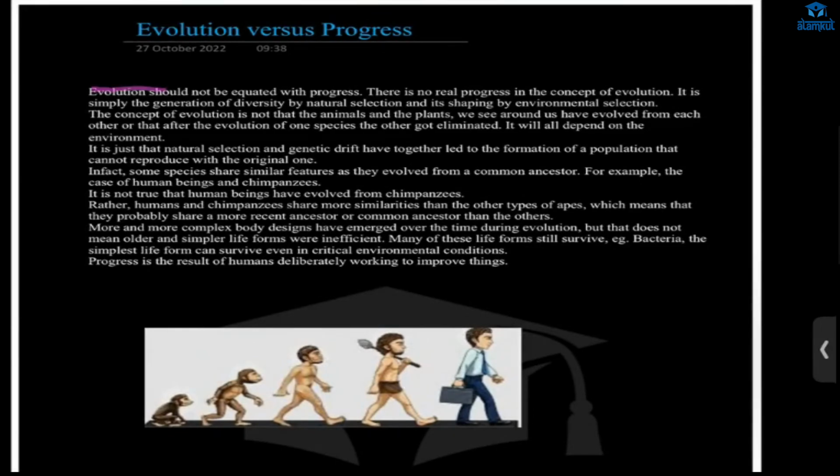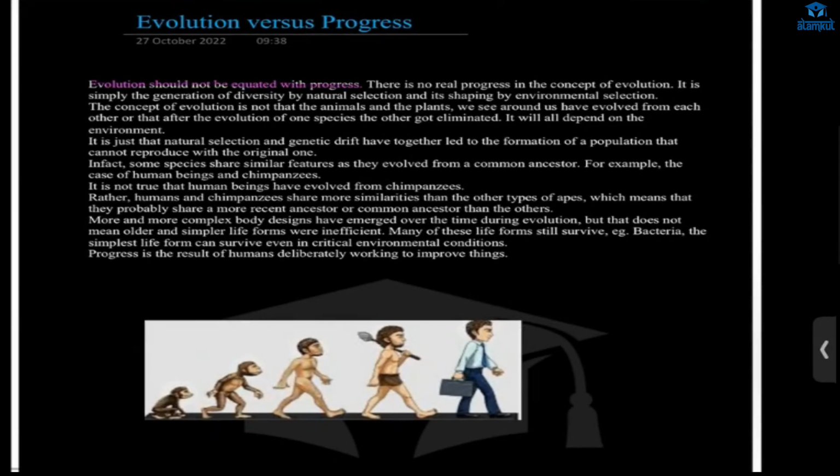Now, evolution versus progress. Evolution should not be equated with progress. Progress is the result of humans deliberately working to improve things or creating new ideas. But evolution is the formation of new species over a long period of time, and it depends on the environment. It occurs due to natural selection, genetic drift,